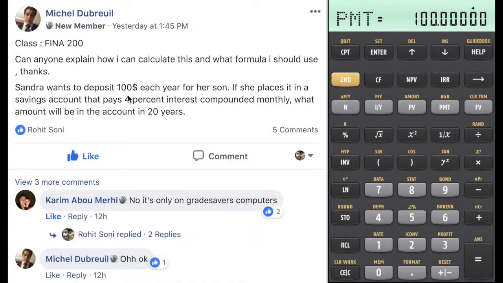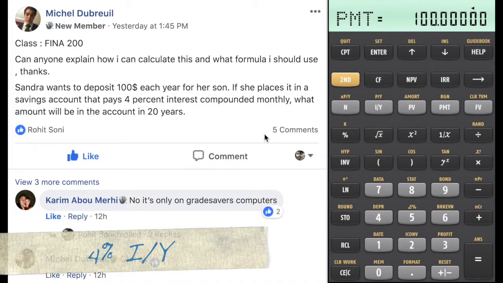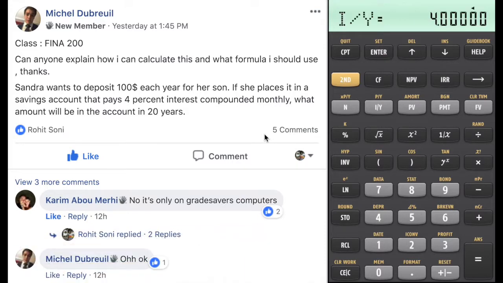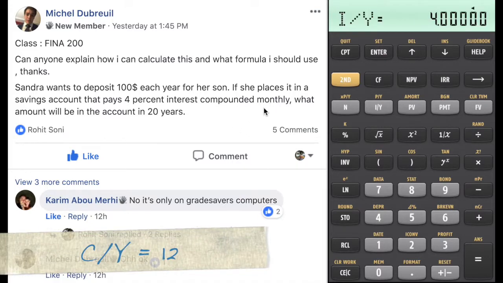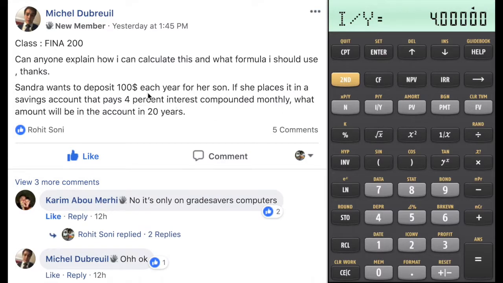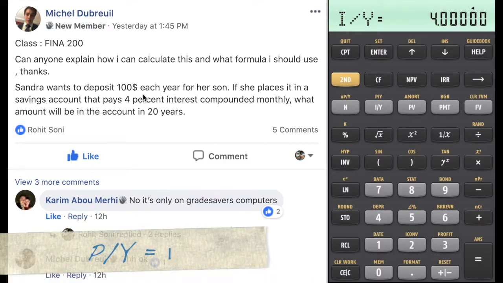If we continue to read, it tells us that these deposits are going to be made in an account that is earning 4% interest compounded monthly. For that reason, the value for IY, or the interest rate, is going to be 4, and we're simply going to press 4 followed by IY. Because this rate is compounded monthly, we can argue that compounds per year, or CY, are going to be 12. And since these deposits are being made every year, we can argue that PY, or payments per year, are going